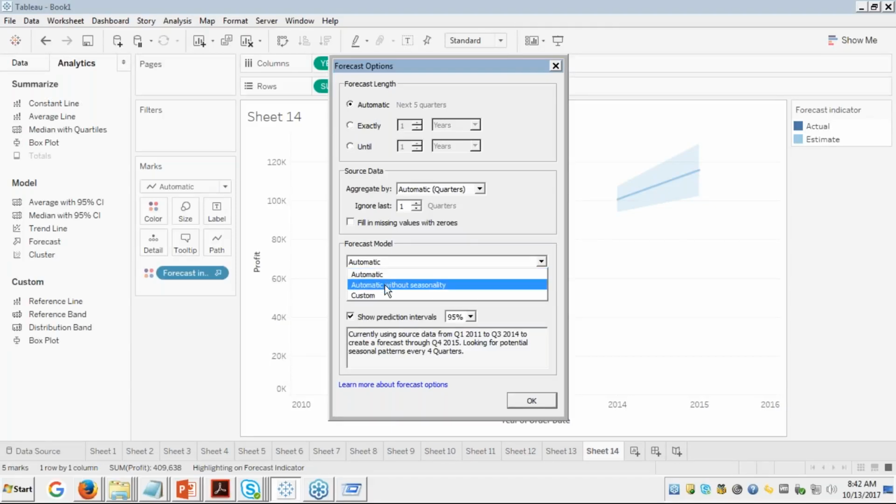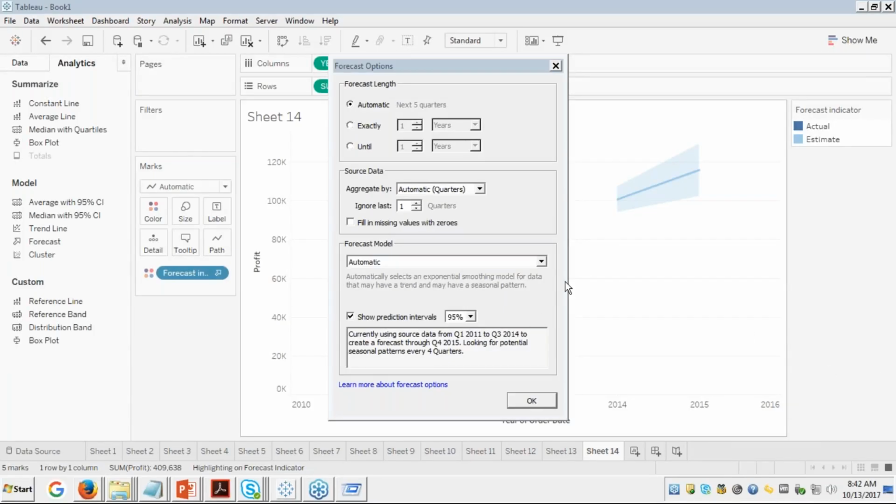So what is seasonality, friends? Have you come across this term called seasonality? Seasons are